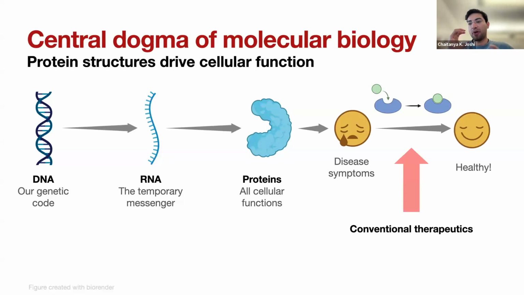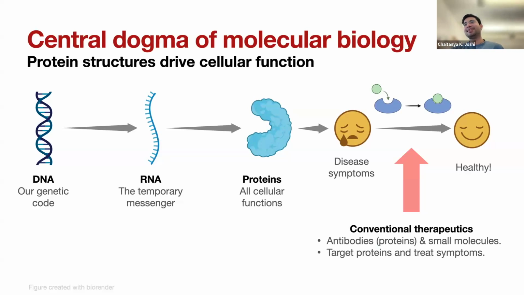They try to bind to proteins in the cell, and this would perhaps destroy or make certain proteins inactive, and then you'd be healthy again. And antibodies and small molecules are roughly working this way, right? And these therapeutics are treating symptoms. So symptoms when they appear, and they're countering end stages of disease. Essentially, you take these therapeutics when you see disease symptoms and when something goes wrong with